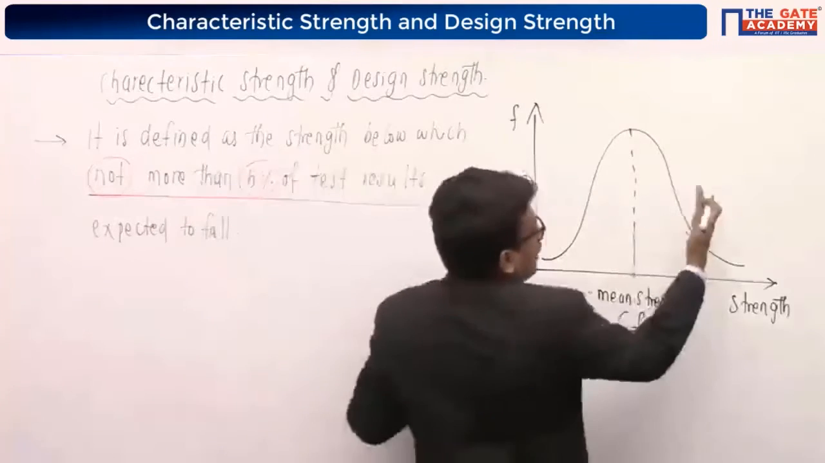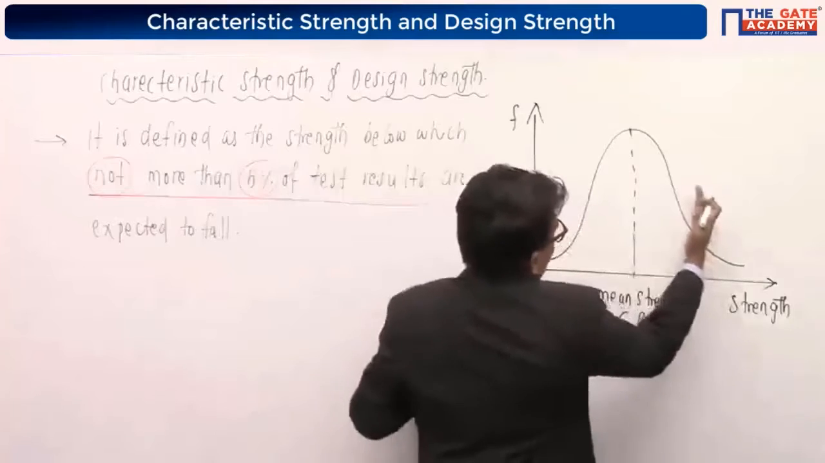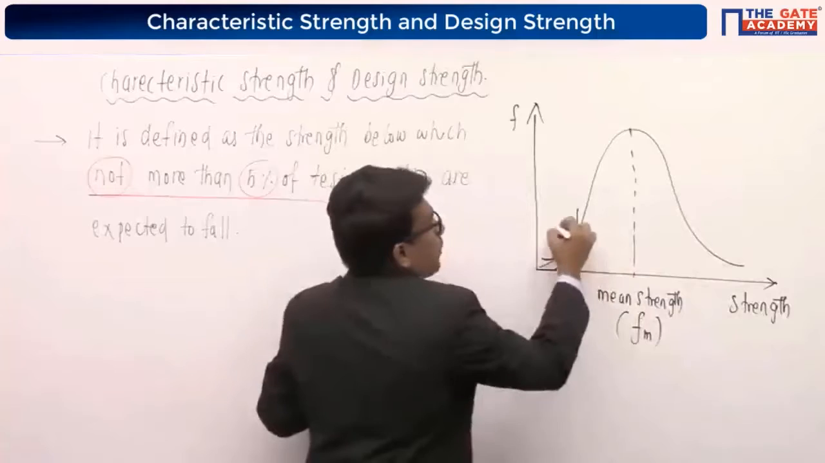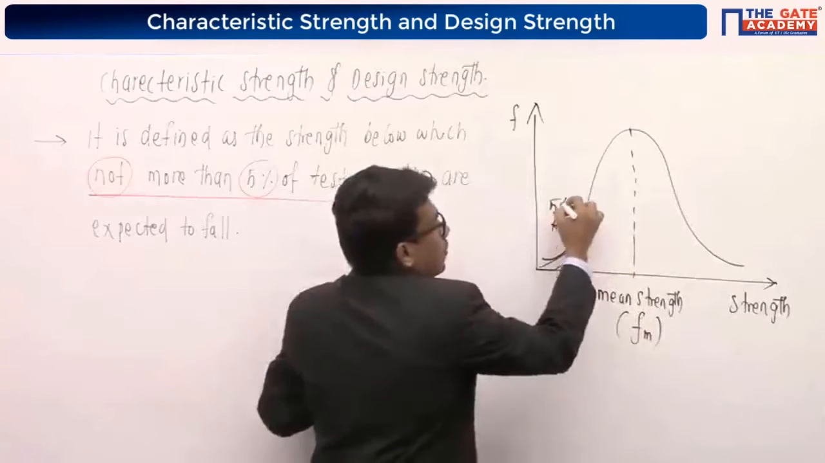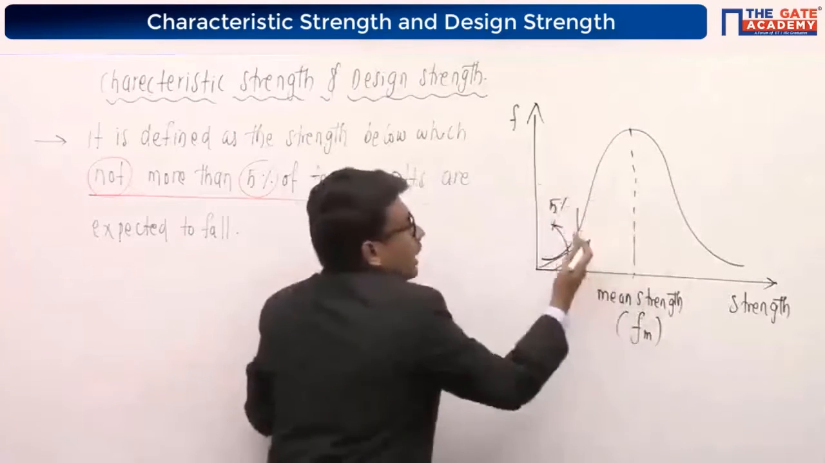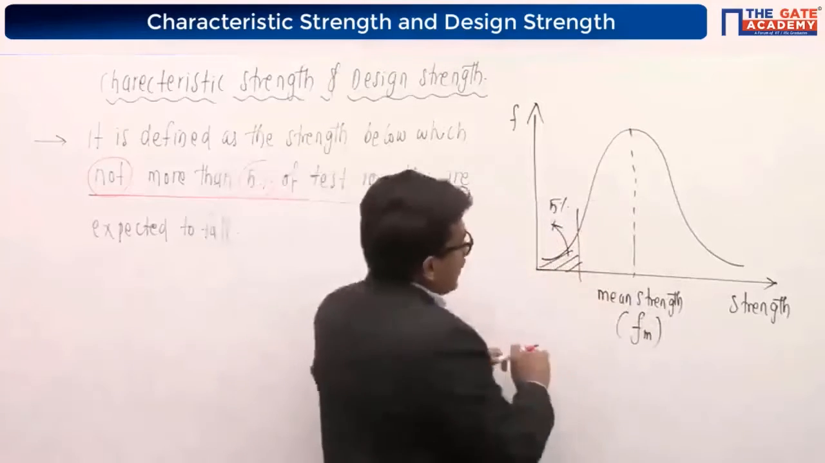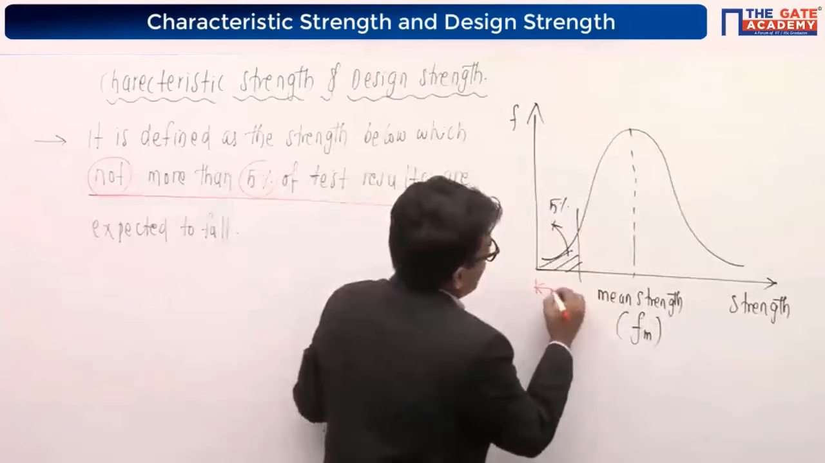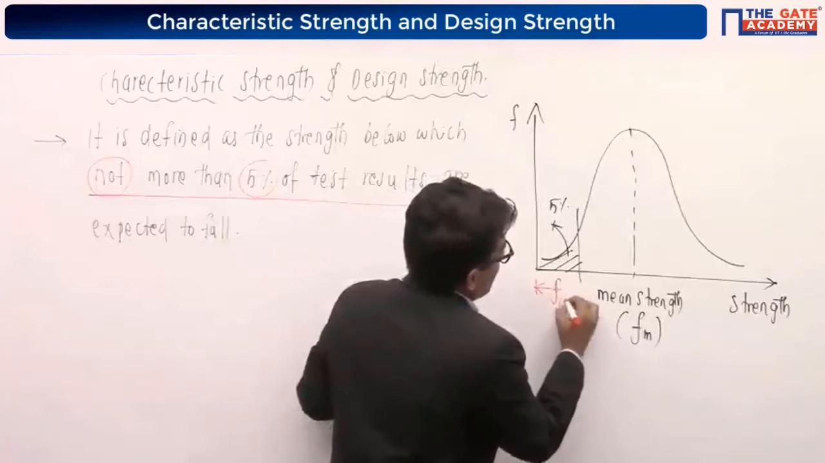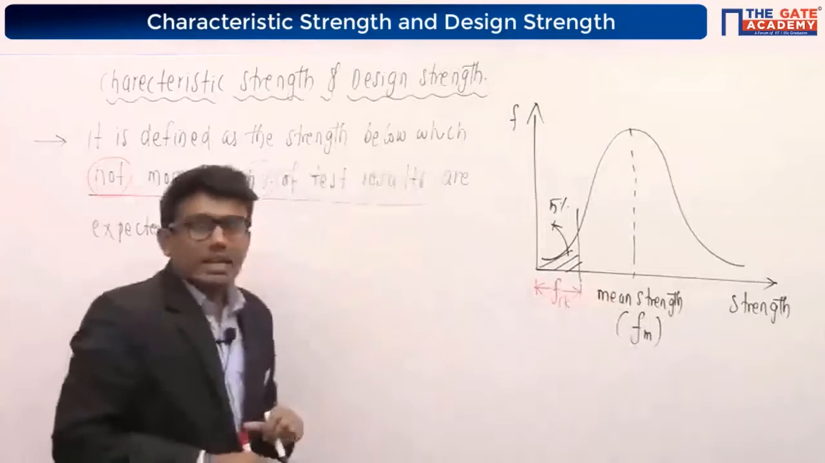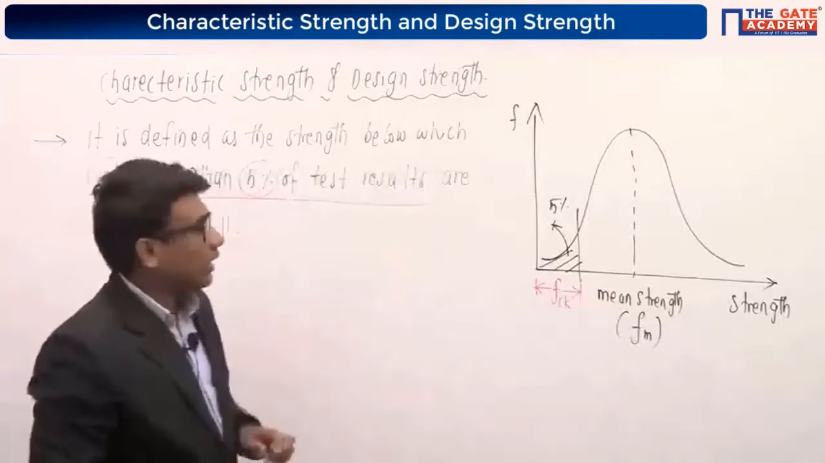Okay, for characteristic load it was 95%, and for characteristic strength it is defined for 5%, right? Not more than 5% of test results are expected to fall below it. So this value here will be our fck, or characteristic compressive strength of the concrete. That is our